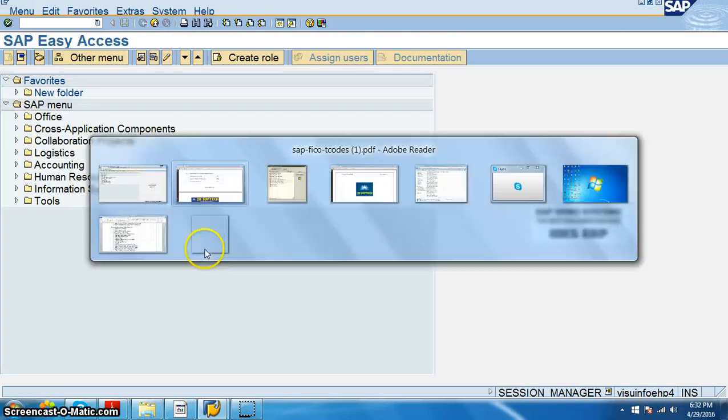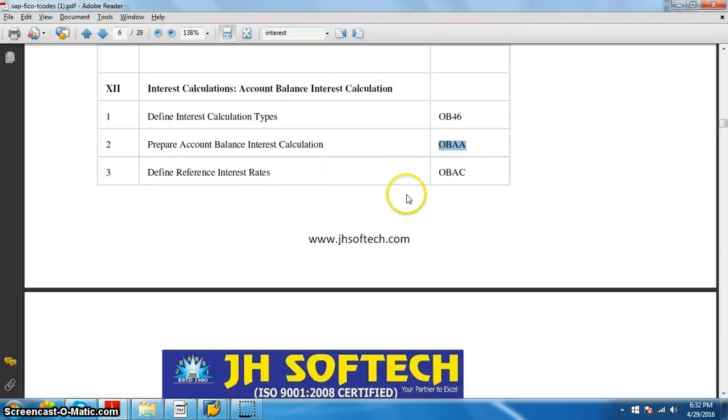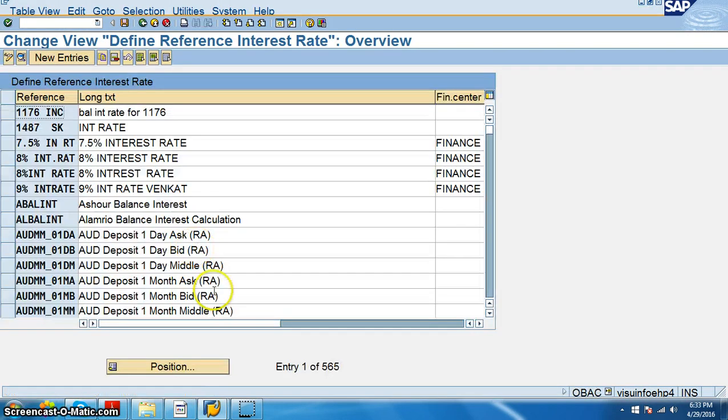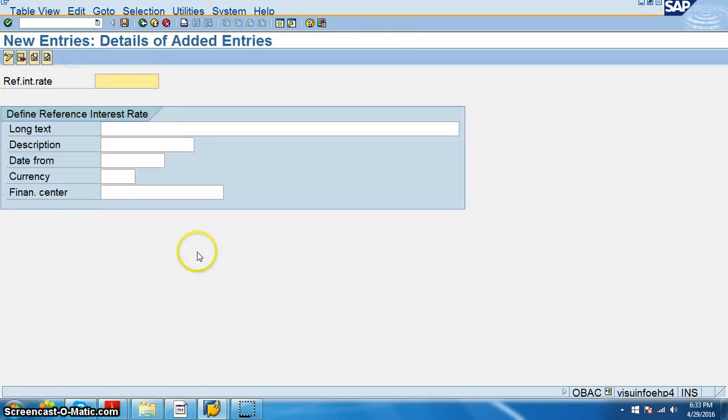We've done that. Then we have to go for define reference interest rates OBAC. Define reference interest rates, new entries, and the reference interest rate is also VPRO.